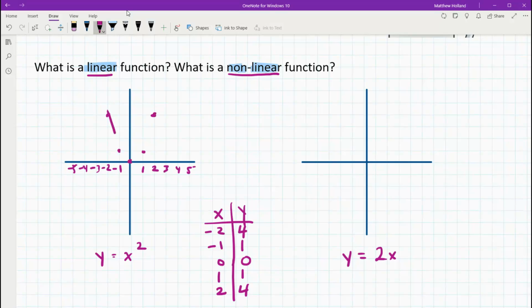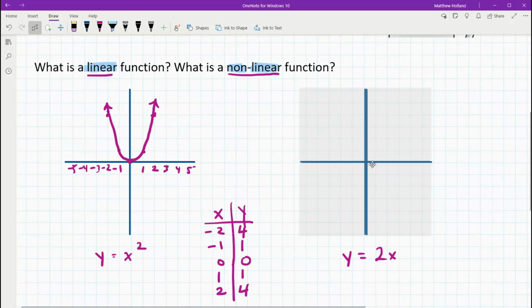And I'm going to connect these as best I can. Okay, it looks something like that. Okay, so keep your eye on that function. I'm going to just move this over slightly. Okay, that's pretty good. And now y equals 2x, we're going to do,